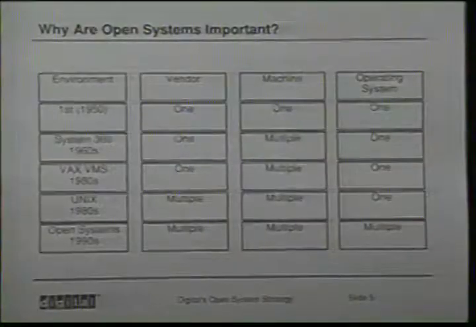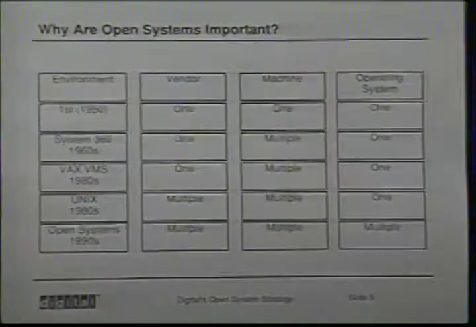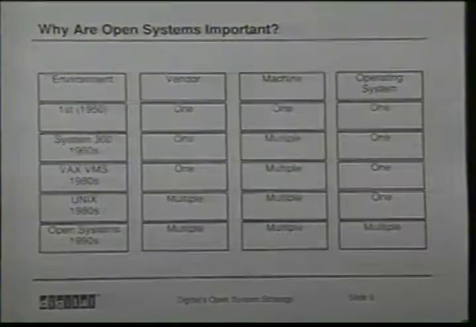Now, if you take a look at this continuum in terms of how things have changed over time, let's go back and take a look at how systems have progressed, starting even as early as the 1950s and moving forward to today, to understand the importance of open systems. If you go back to the 1950s and you use a couple of different categories to describe what the computing environment was like, there was one vendor, there was one machine, and there was one operating system, and that was from IBM. As you moved into the 60s with the important introduction of the System 360 architecture from IBM, we've